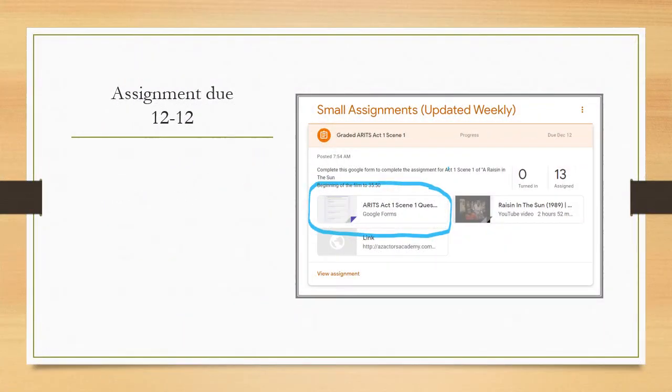All right, this assignment is in Google Classroom under Small Assignments. It's called Graded ARITS, A Raisin in the Sun, Act 1, Scene 1. It is due on Saturday. If you're stuck trying to answer the questions in it, you probably will note that in the assignment there are some links. Those links take you to specific parts of the